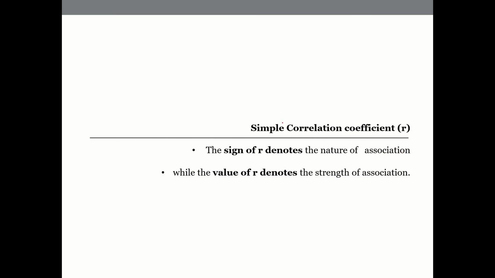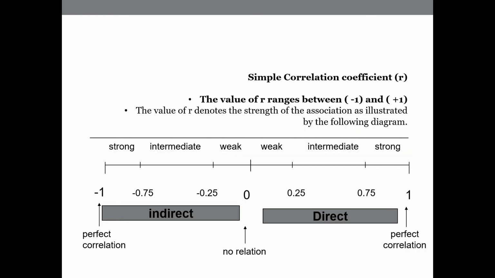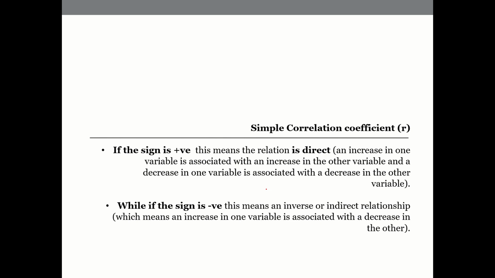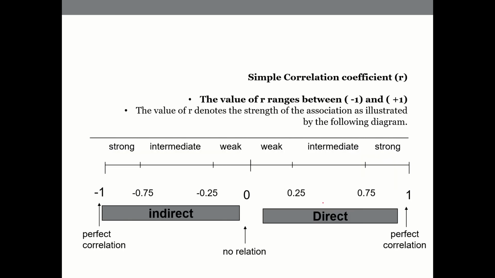So how do we understand that? There are two things. It can be a positive relation, like we said, or a negative relation as well. I have put some text in this diagram; maybe you can read it once to understand what is positive. Positive is direct correlation and negative is indirect correlation. The relationship can be between negative 1 and positive 1, with zero meaning no relation. This is how we can put both extremes.